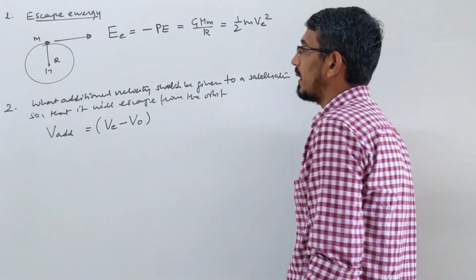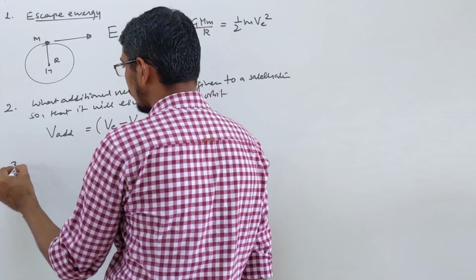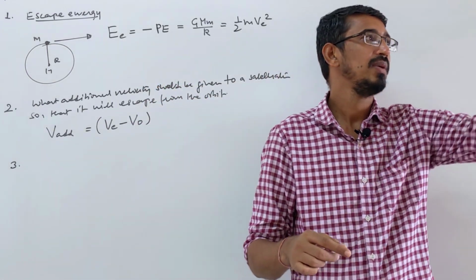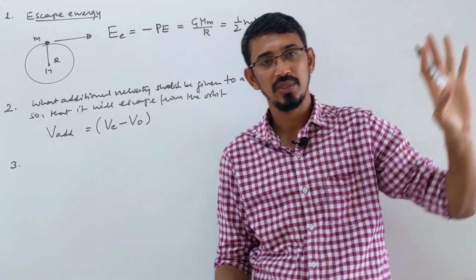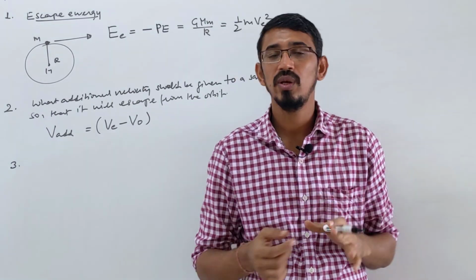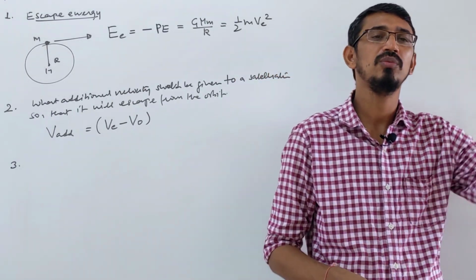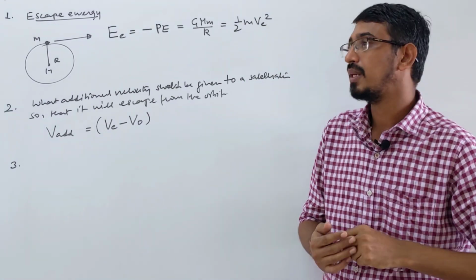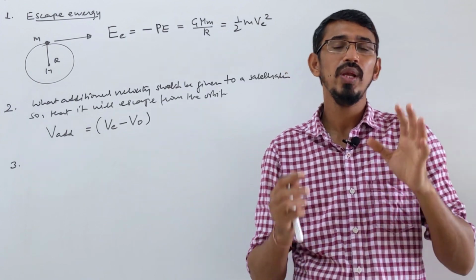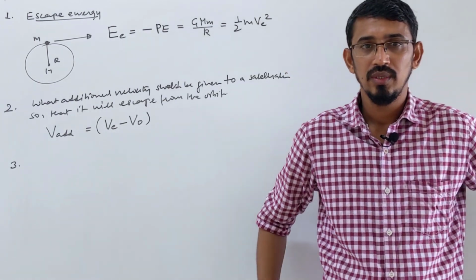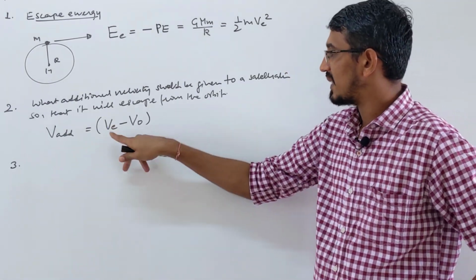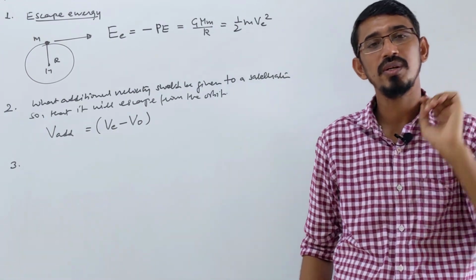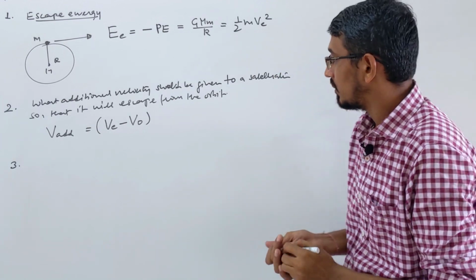Then another question they ask: generally we say that we launch an object from the surface and it escapes. So we say that at infinity the energies are 0. At very far, all energies, kinetic and potential, are 0. We say it is not moving. Okay, yes, it is moving, but the energy is 0. But sometimes they can ask you, suppose we launch at a very high velocity, many times the escape velocity, then in space it is also moving at some velocity. That is called interstellar speed or residual speed. So they can ask you that.